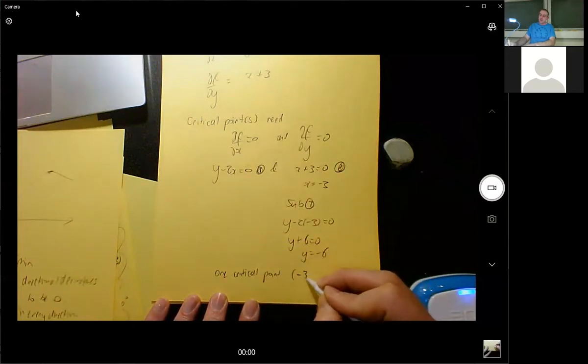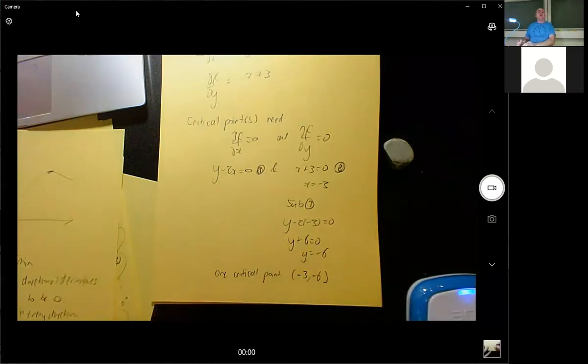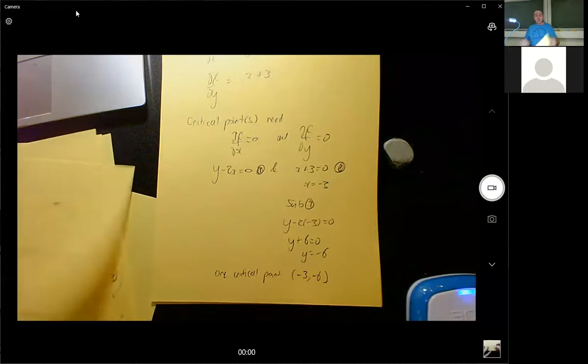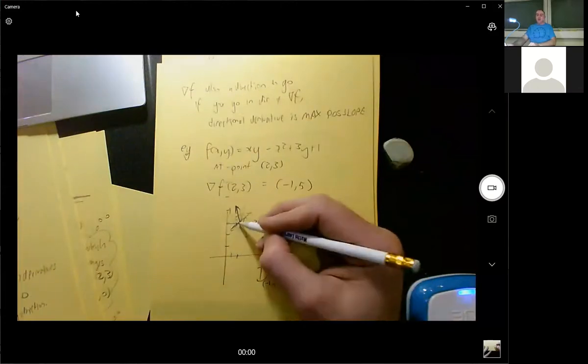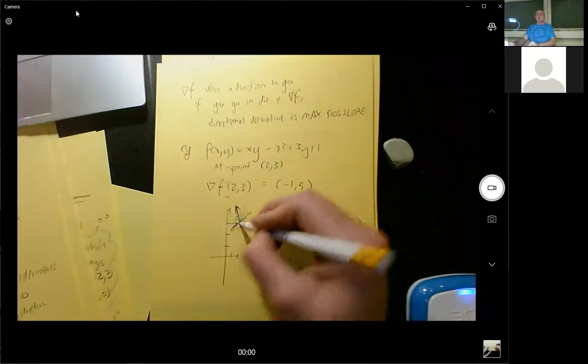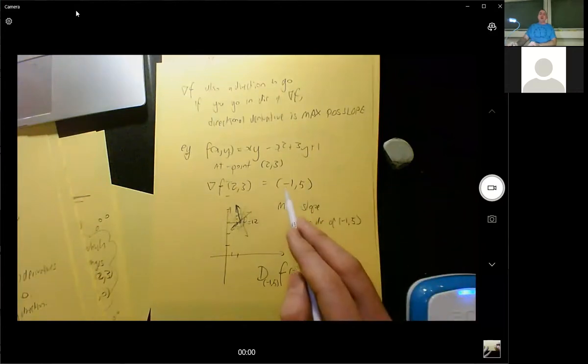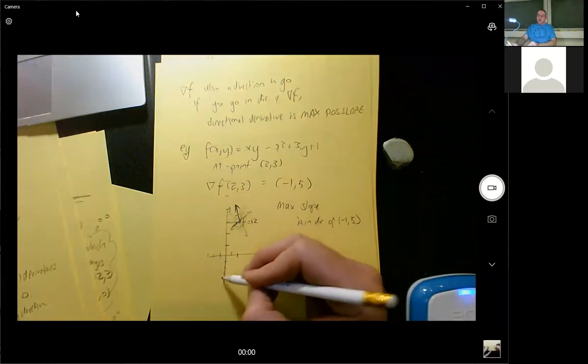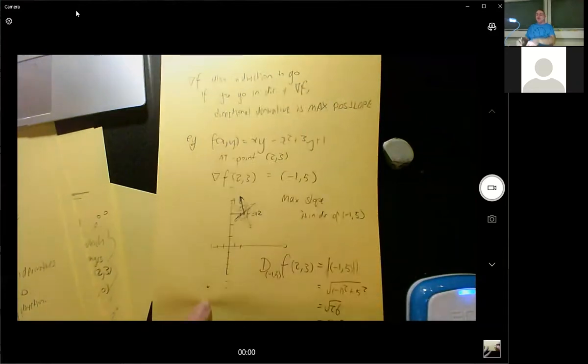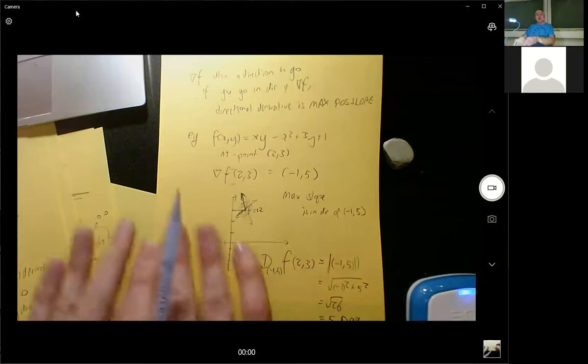Which happens at minus 3, minus 6. So this is a location on my graph. I'm told that we know earlier that the derivative at (2, 3) was equal to minus 1 in the x direction and 5 in the y direction. If I go to (-3, -6) here, the derivative there is 0 in both directions, and therefore 0 in every direction. So I've got a really good chance of that being the top of a hill or the